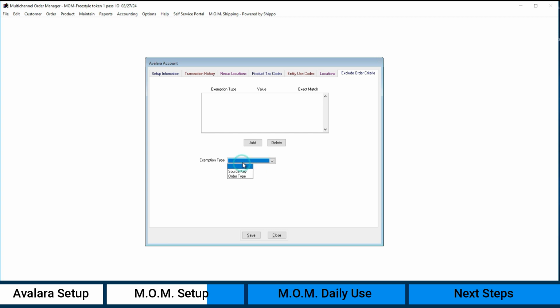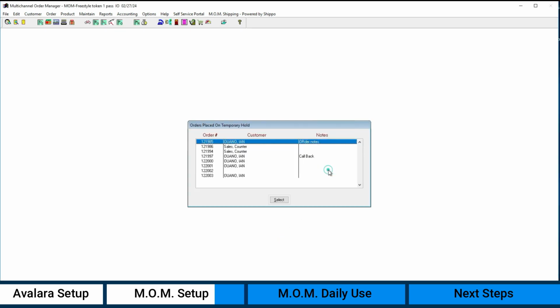That way, if you have certain channels that are already uploading invoices to Avalara, you can also exclude them in M.O.M. That way, when you do the invoice upload, you don't do double reporting. So it's a nice little tool that we have. Once that's set up, a couple of things you need to set up here are the product